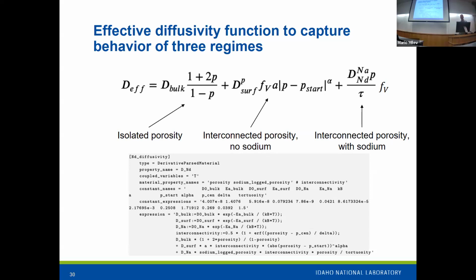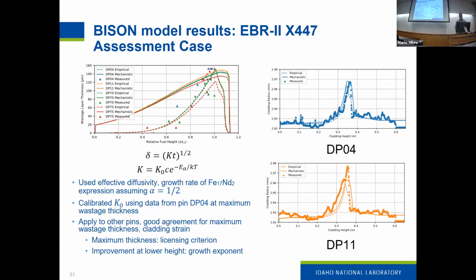Yeah, so basically putting all that together, we have a function now that captures the effects of these three different stages of interconnection, and that's been implemented in a Bison model. That's what's shown here, all this typewriter font text. So that's been implemented in Bison, and now for validation, we've started to do some work looking at the